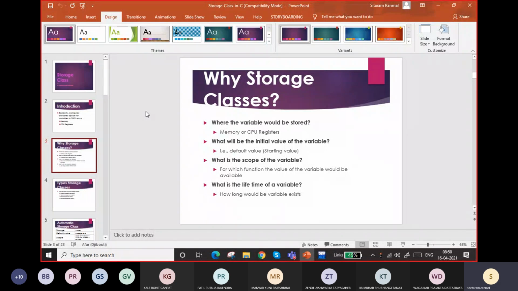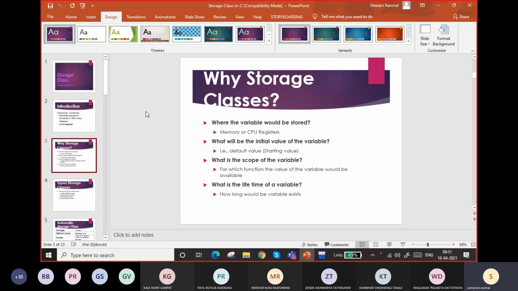We can externally put a hard disk into the computer, but that doesn't mean it will become fast, right? So RAM is important. So memory is allocated in two ways, in the memory or CPU. Therefore, whenever there is a variable, it is allocated either at memory or a CPU register.